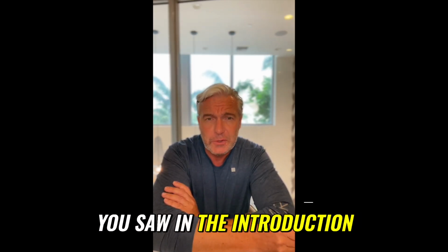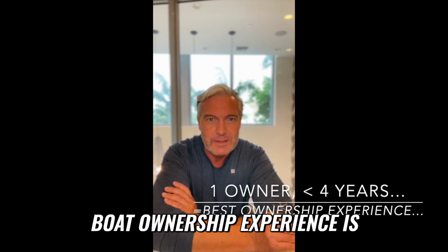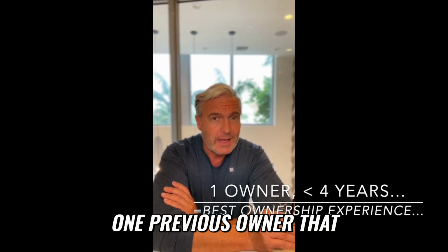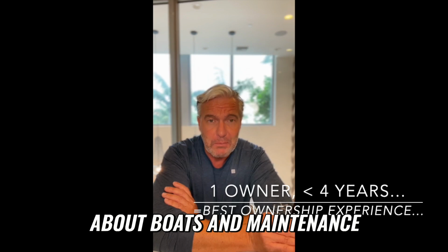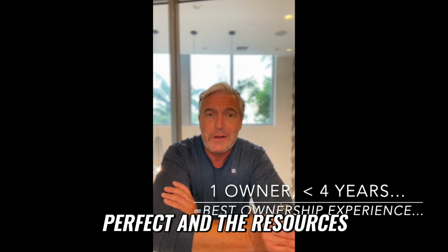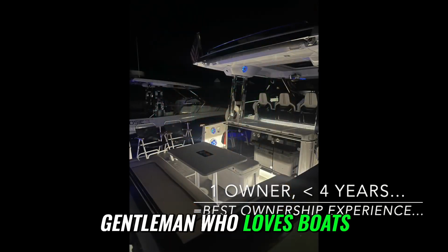Like the Jeanneau you saw in the introduction, the boat purchase that provides unequivocally the best boat ownership experience is a pre-owned boat with one previous owner that is no more than 4 years old, and most importantly, whose owner is obsessive about boats and maintenance and has the knowledge to keep his boat perfect and the resources to keep his boat perfect. So the Jeanneau you saw in our introduction there is owned by a gentleman who loves boats,